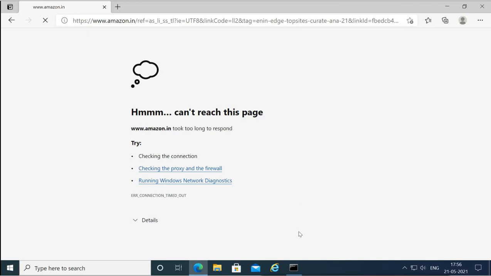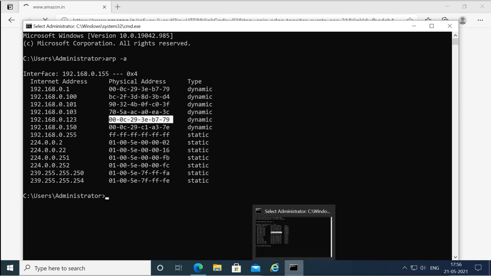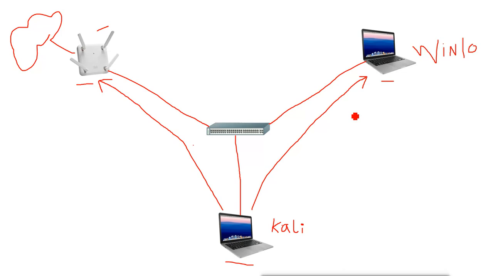Because if you check the ARP cache, it has been poisoned. This is the router's IP address and this is the MAC address of that router, but it is actually the same as the Kali Linux MAC address because we have poisoned it. So what is happening here? This Windows 10 sends the request for the router, but the request is going to the Kali Linux.